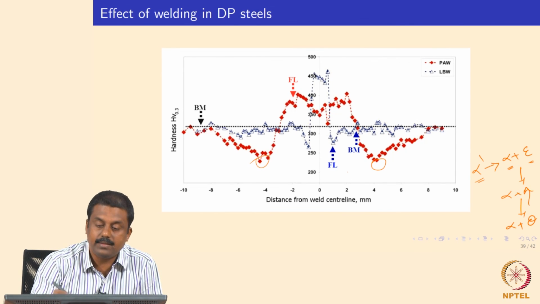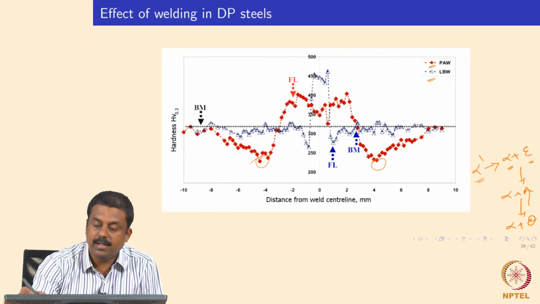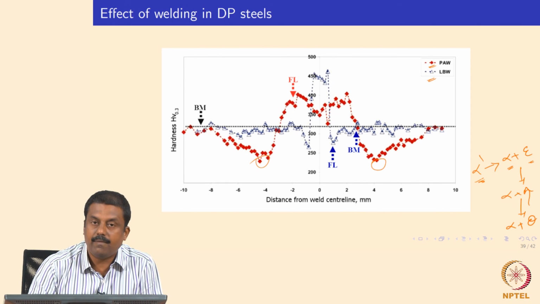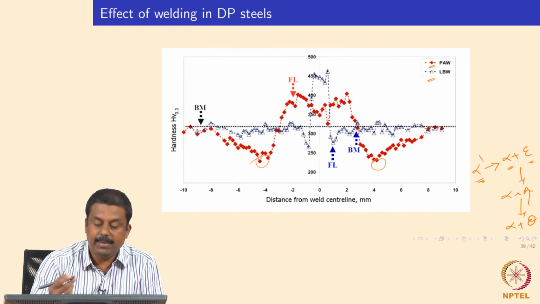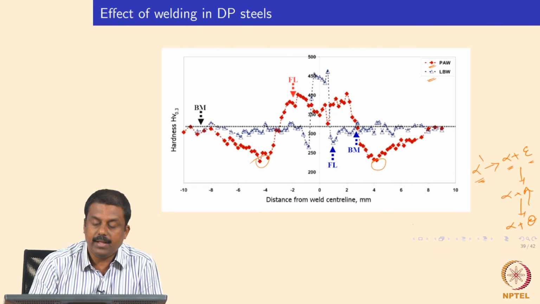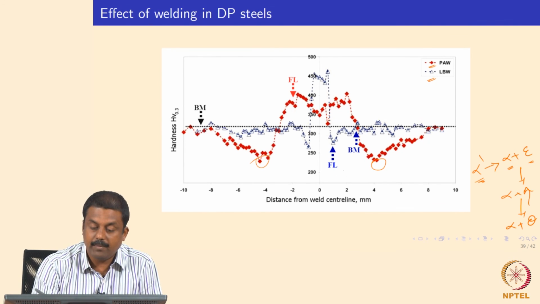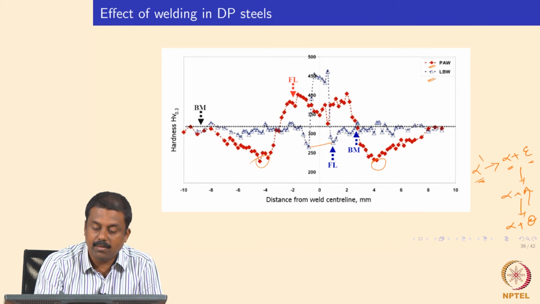What I show over here is two cases, one is laser beam welding and the other is plasma welding. In both cases, especially in plasma welding, you will see the effect is very significant, with a significant amount of softening, because of the tempering of martensite when the peak temperature is below the A1 temperature. That leads to softening in the heat affected zone where the peak temperature reaches below A1, and you can see the effect. Only thing is the effect is not as significant in laser welding because of the very narrow weld region.